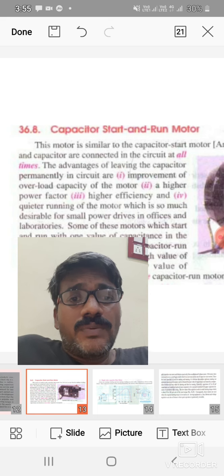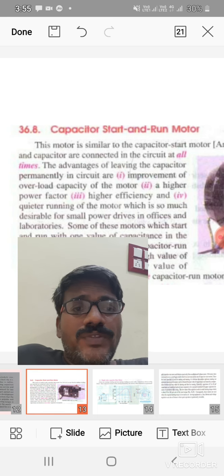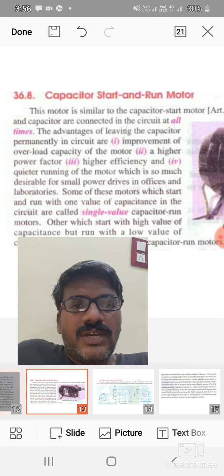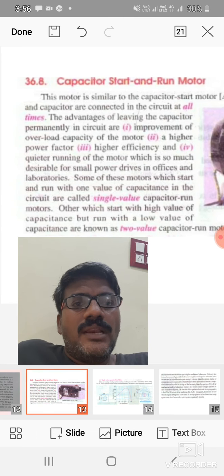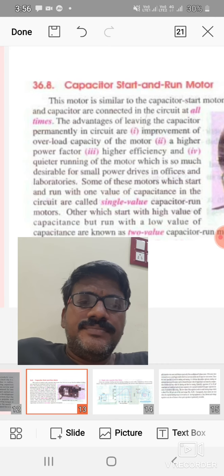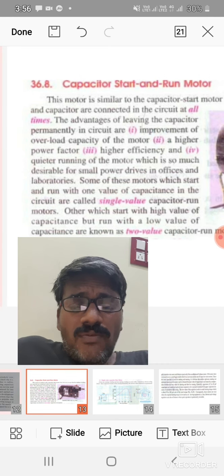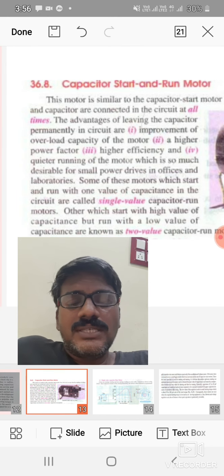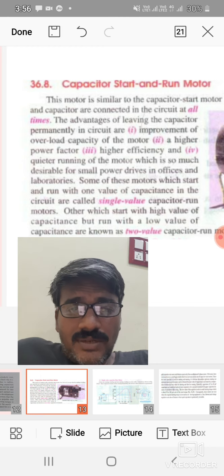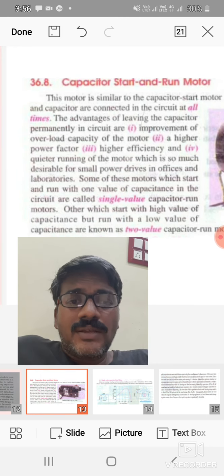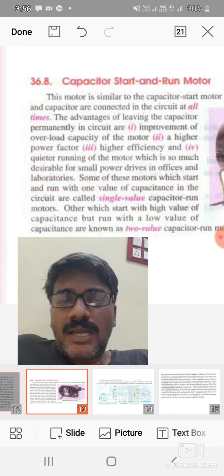So it gives very quiet operation, quieter running of the motor, which is so much desirable for small power devices in offices, laboratories and operation theaters. So where we require very quiet and smooth operation, smooth running of the motor, we use the capacitor start and